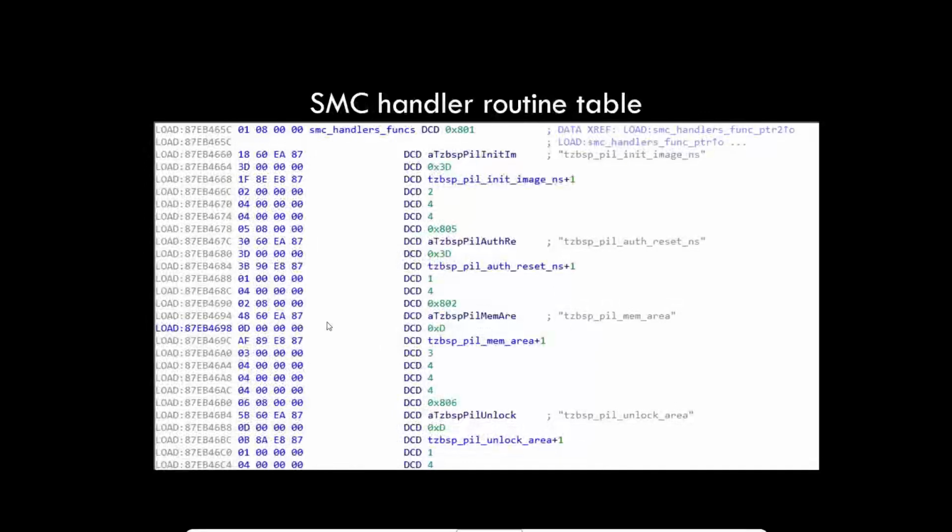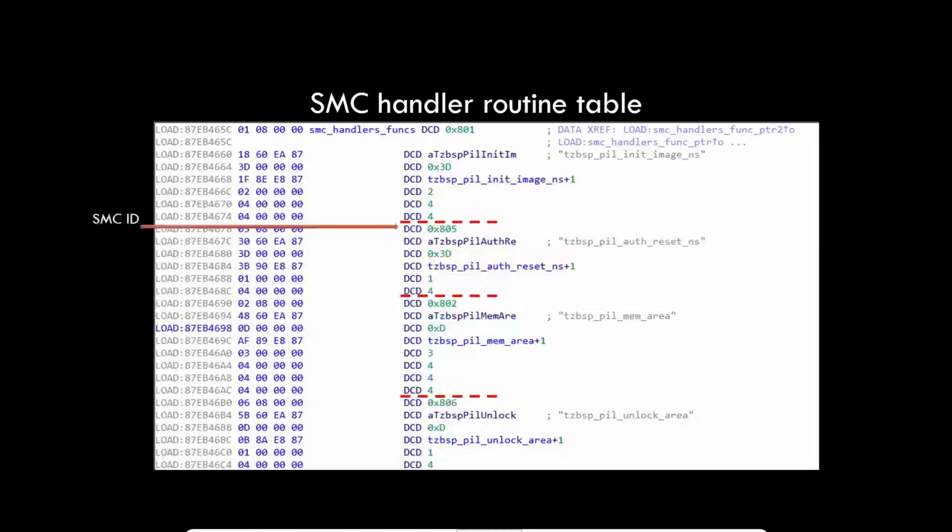In order to do so, there are a number of services which are defined, and you see already on the screen a table. We are going to see that in a bit more detail. This means that for each record in this table, there is a function handler that is going to handle a specific request. So when you're sending an SMC, you can decide to call into any of these handlers, and you will be passing parameters from the RE.